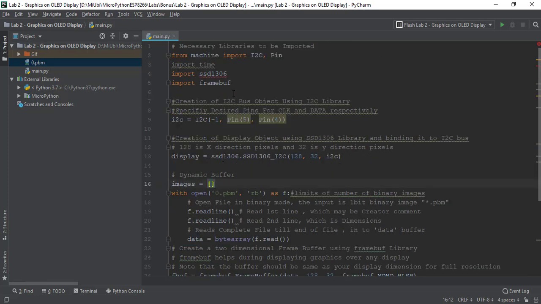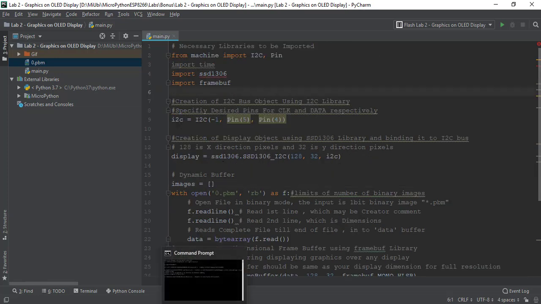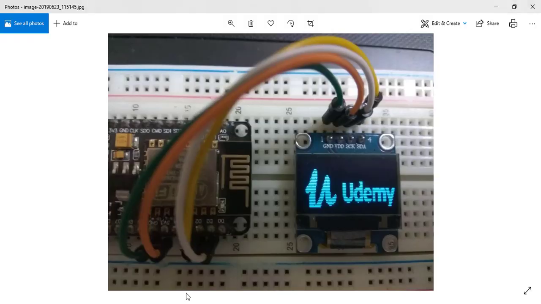If you go into detail, the main objective of this lab is to print a binary image onto the display. When I say binary image, it's basically ones and zeros only, because the SSD1306 is a truly binary display. A 1 shows you a glowing pixel, a 0 shows you a dark pixel. When you invert the display, it becomes reversed. So this is our objective.